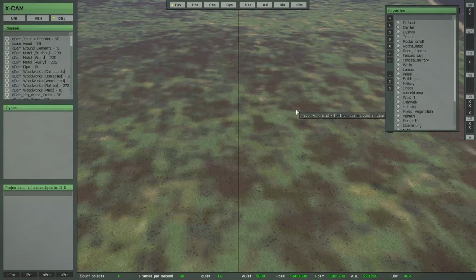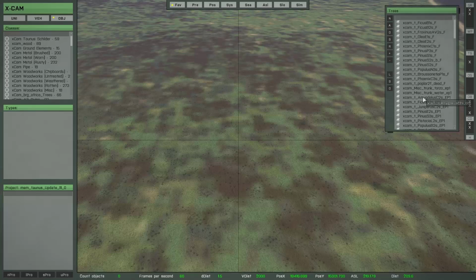Okay, now I will show you how you can save your first MultiBrush configuration. And I think you already know how to set up a MultiBrush session, but if not, then have a closer look at the XCAM tutorial videos part 9 and part 18. So the normal way to create a new MultiBrush configuration is to load a favorite list first. A favorite list with all the different object types you want to use. For this demo I will load the trees, and then it's easy, simply mark the object types you want to use simply by selecting the respective list entry,